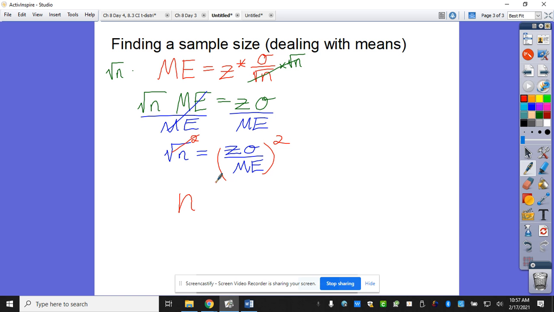If I want to be correct within 4 points, I need to make sure that my sample size is what inequality? At least whatever I get when I do this. So margin of error can actually be a number. Like if we're dealing with something with weight, and I want to make sure that I'm correct within 7 pounds, then I would set my margin of error to be 7 and solve this to see what my sample size needs to be. So on that same sheet in front of you,